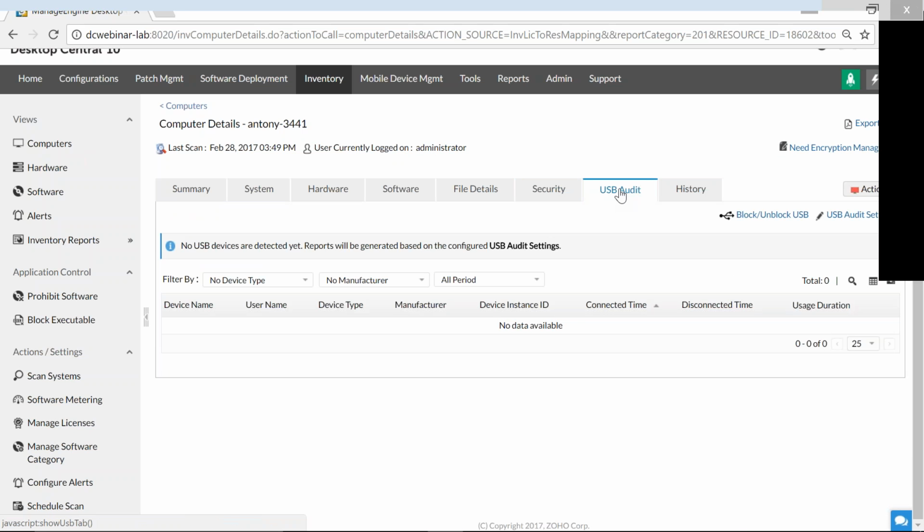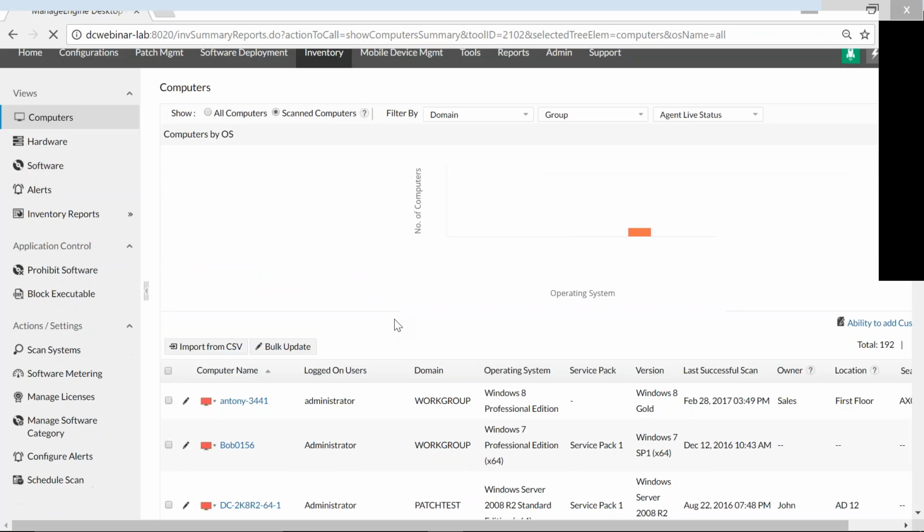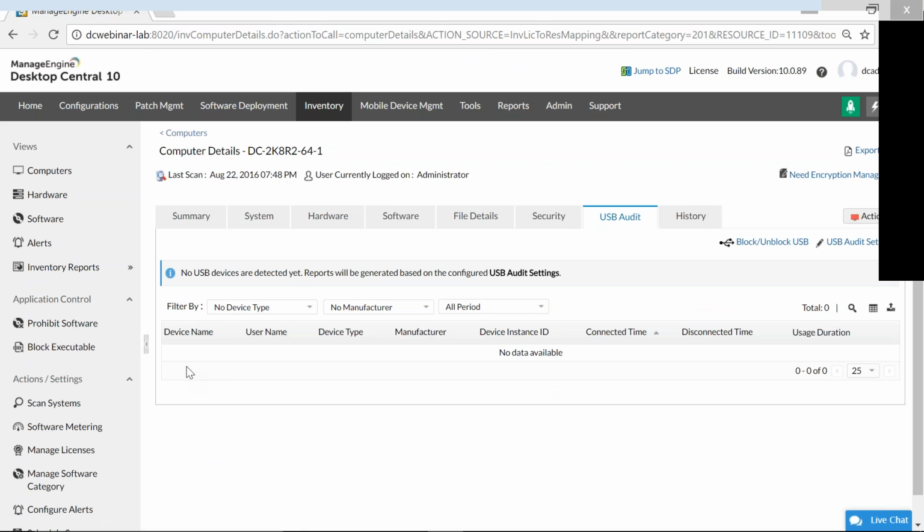And it also shows you the USB audit details about any machines which have been plugged in, with any USB disk space, like any kind of USB device details. You can get the information in the USB audit about what the device is, which user was using this USB device, what the type of the USB device is, even if it is an Apple iPhone